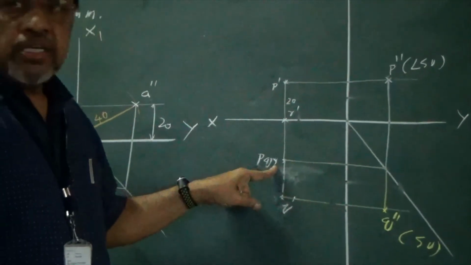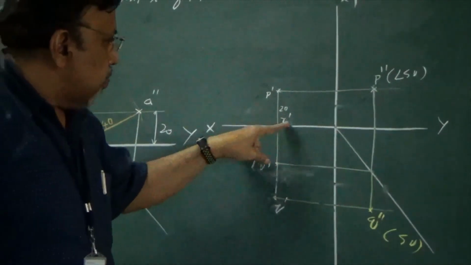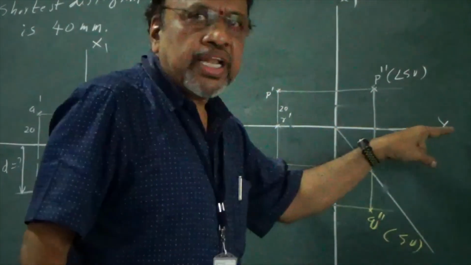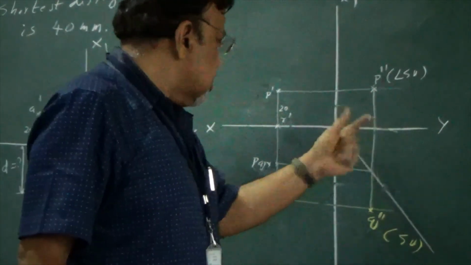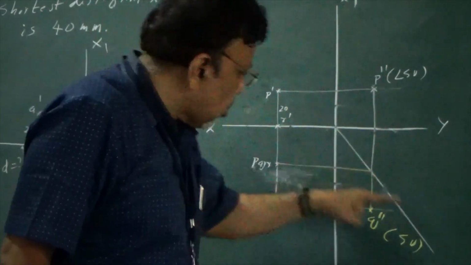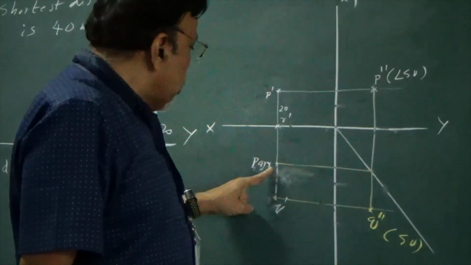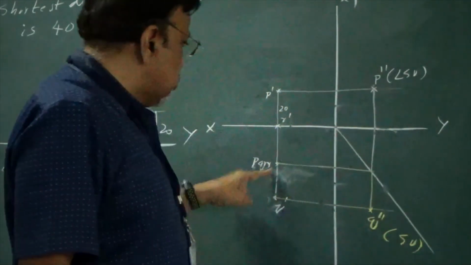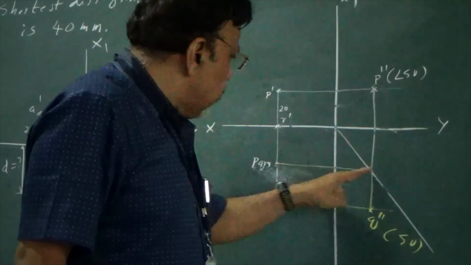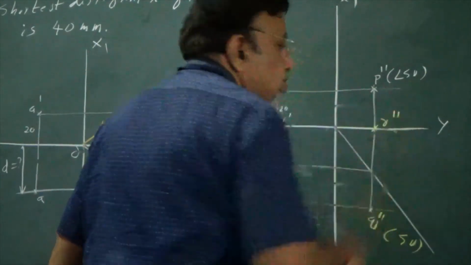Finally, for point R. Now we can see wherever we have this front view, in line with that I will get the side view. So R double dash should be on this line. Now I need to get this distance. So where is your distance? This projector only. Here we have already drawn this 45 degree line, because wherever you have the top view, there I will draw this 45 degree line. So here R is below the xy line, so again we draw below the xy line this 45 degree line. Then draw the vertical projector and horizontal projector, so that this point will be your R dash.